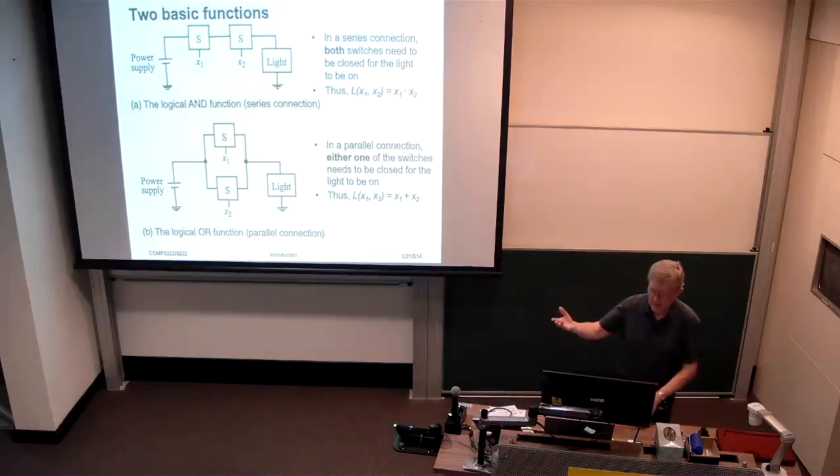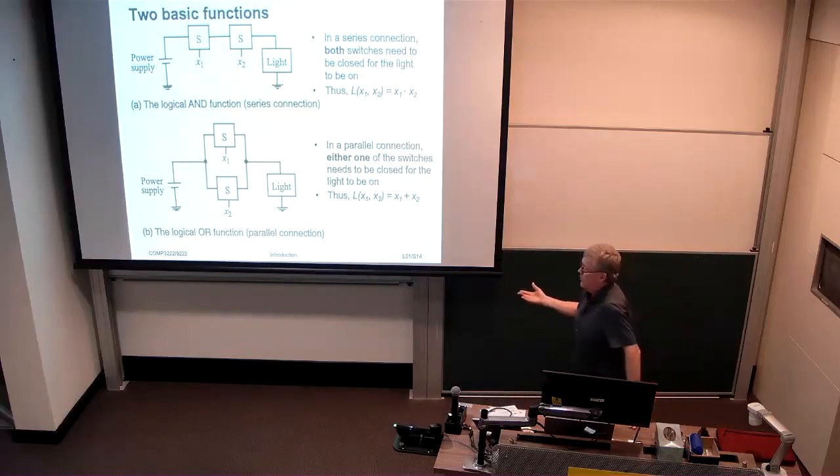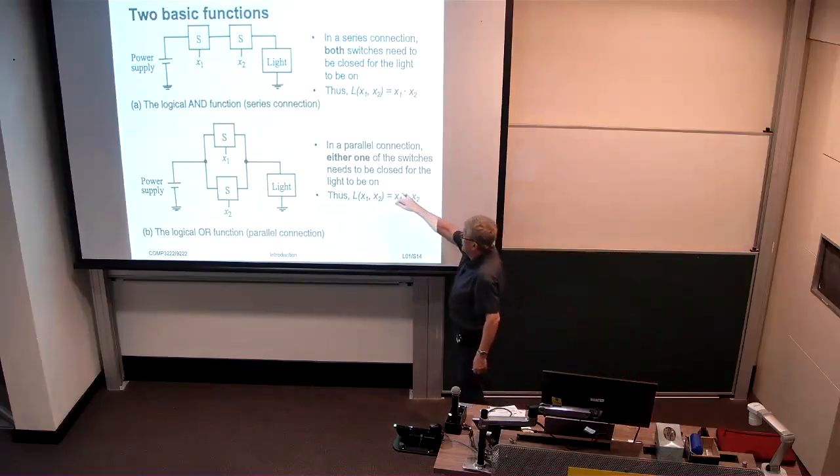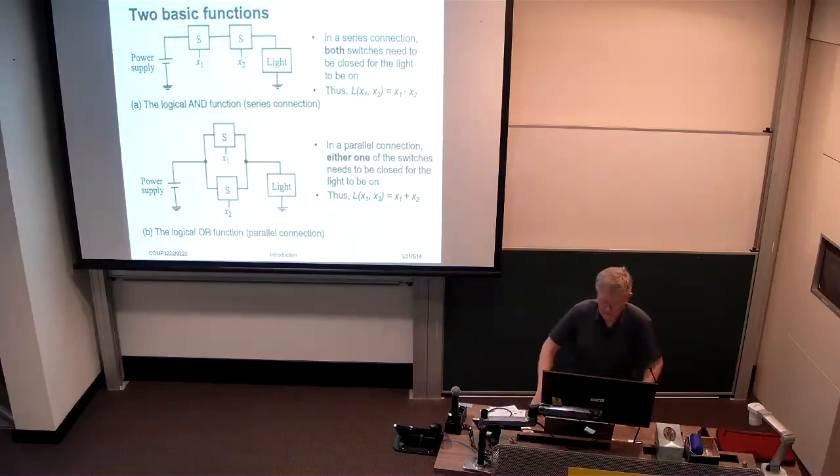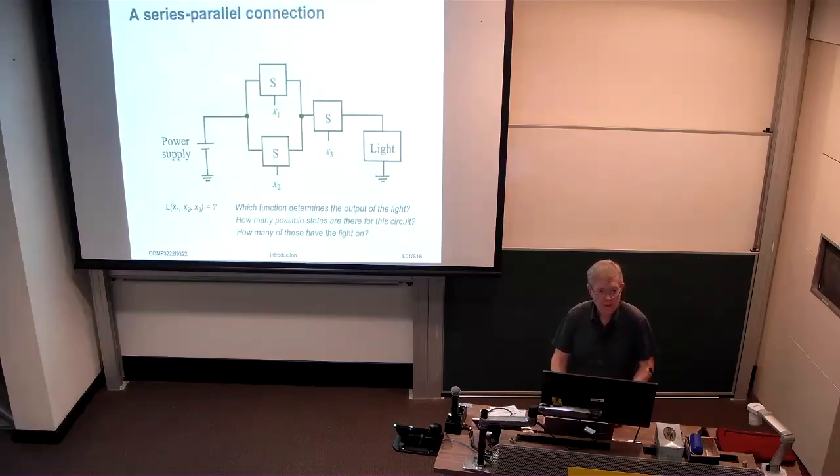And as I mentioned for the AND, one could use logical disjunction or an upside down V to represent that. That's common as well, but in our case, we're going to use a plus symbol to represent a logical OR. So it doesn't mean we're adding one of the terms to the other. It just means that either one of them needs to be true for the result to be true. Okay? Any questions so far?